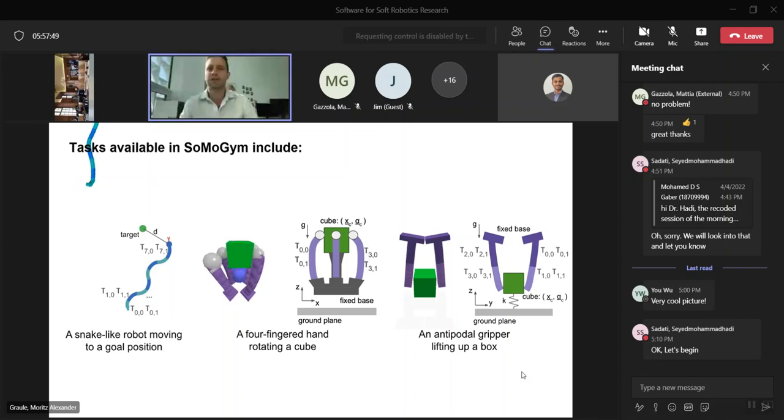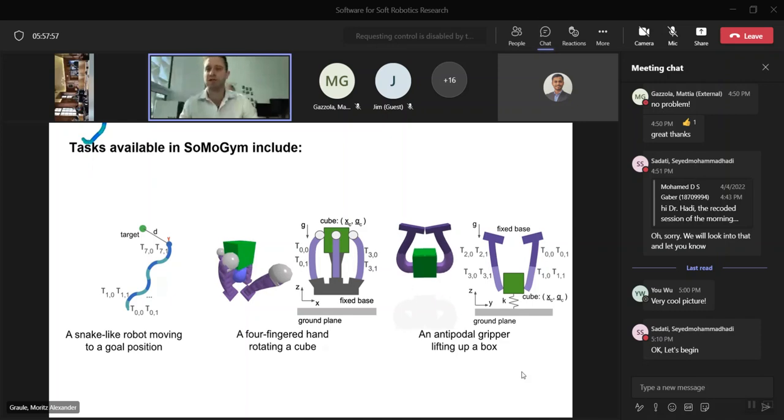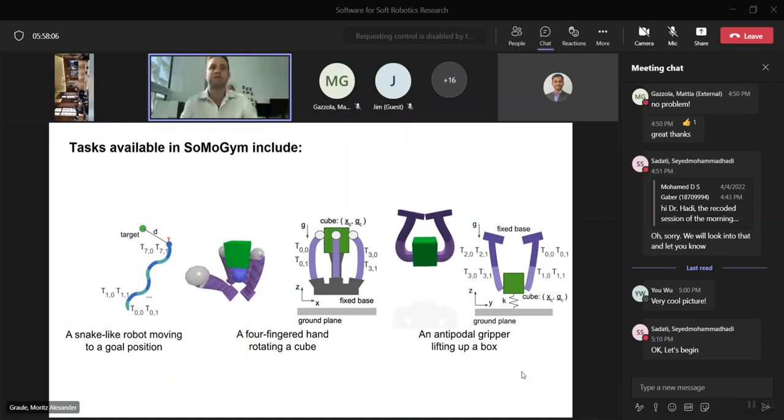And on the right, you see an antipodal gripper that is rewarded for picking up a cube. The cube is connected to the ground with a virtual spring, meaning that a larger achieved cube height corresponds to stronger grasps, which makes it easy to put together a meaningful reward formulation when we use this task for reinforcement